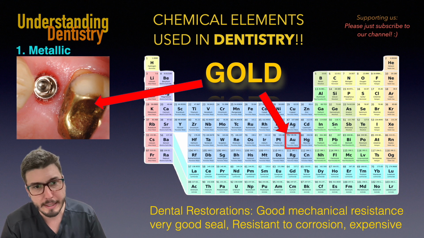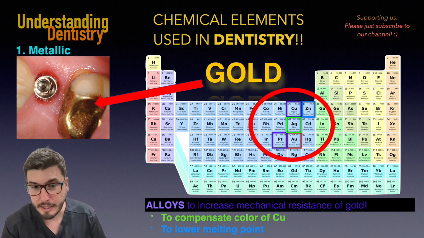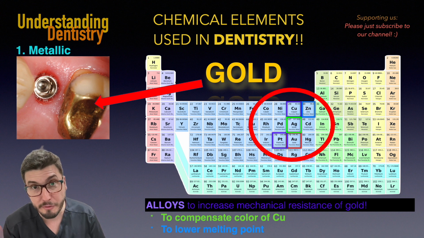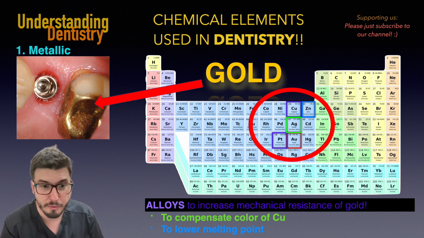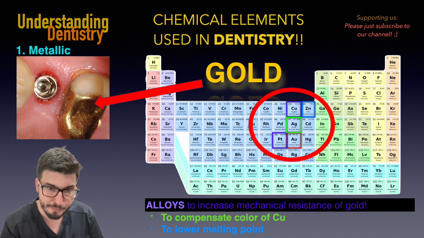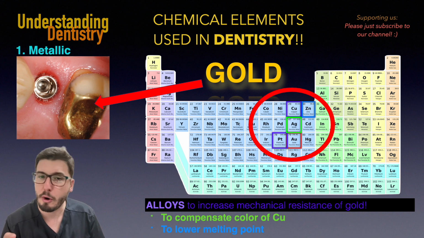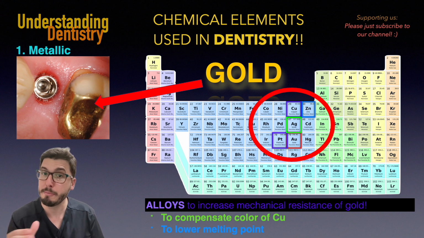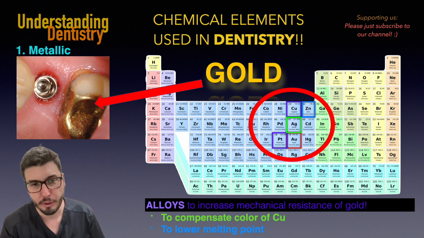All right, so we have to work with alloys, of course, and those are the main alloys, okay? So gold is usually combined with copper and platinum, for example, because these will increase the mechanical resistance of gold, of course, right? So copper and platinum, the ones in purple, the squares. They can mix with silver as well to compensate the color of the copper, so this helps for some reason. And then zinc can also be added to lower the melting point. And if you lower the melting point, it's easier to fabricate by the laboratories, okay?